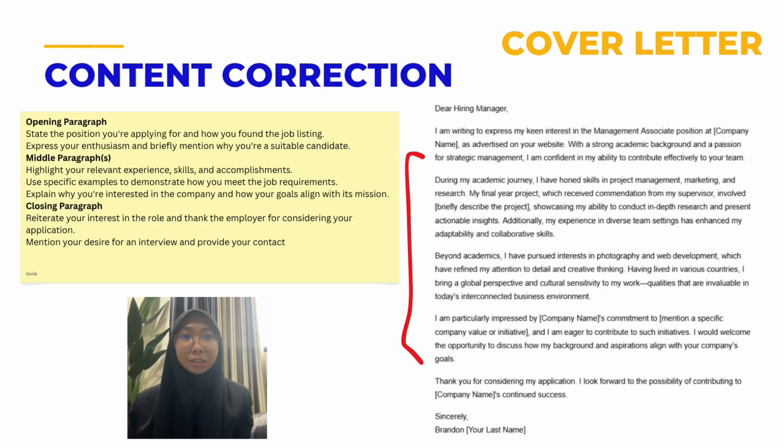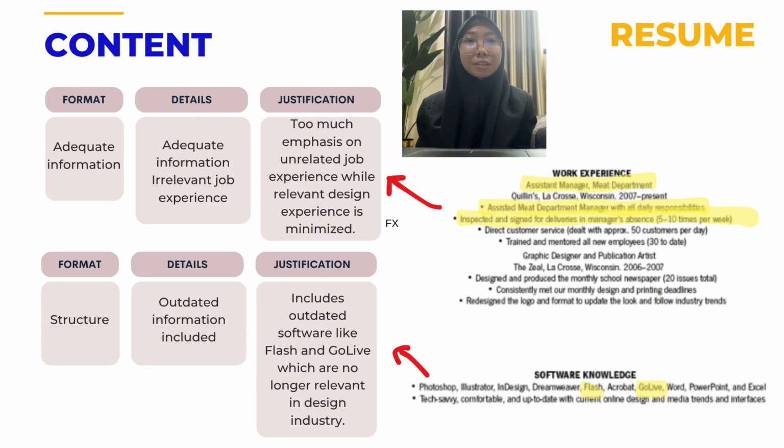These are the things that actually need to be included in the cover letter, which are the opening paragraph, middle paragraph, and also closing paragraph, along with the complimentary closure. So this is a content error that I found in the resume, which is inadequate information: irrelevant job experience, because there is too much emphasis on unrelated job experience, while relevant design experience is minimized,